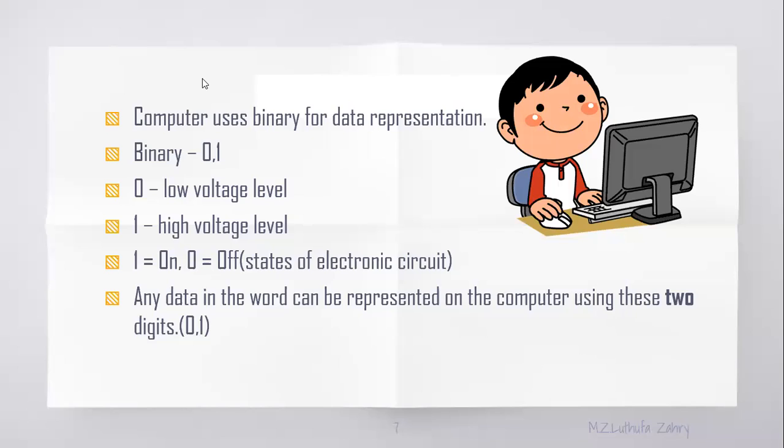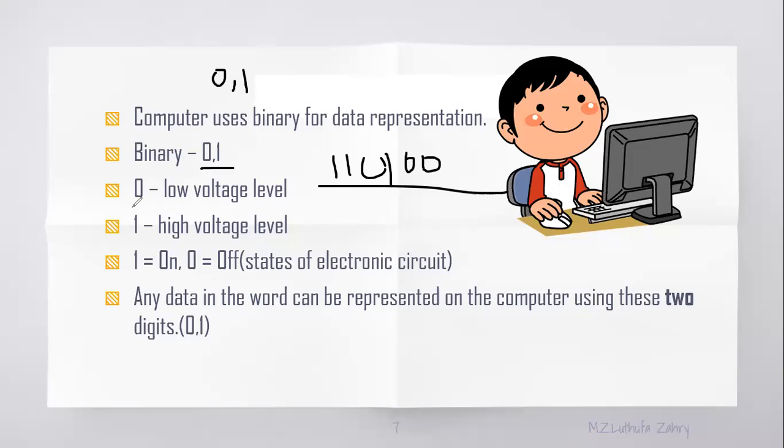Binary means 0 and 1. You may think, with this 0 and 1, can we change all the words to that? Can we convert it? Yes, the computer will convert it. Maybe the string will be long, like 1, 1, 0, 1, 0, 0, but still it will convert it into the binary format so that it can understand. So binary is 0 and 1.